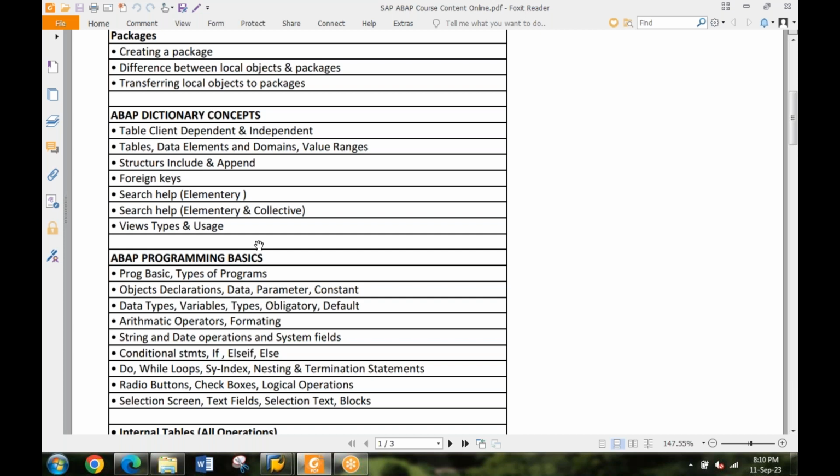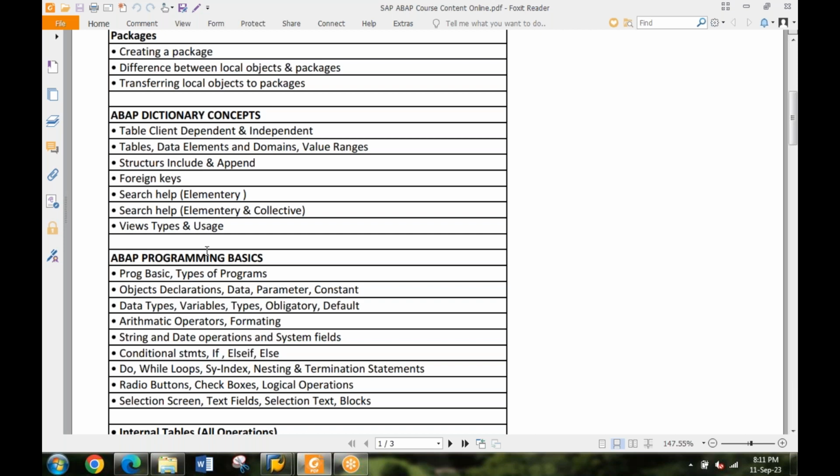Whether you have to create a table, define a data type, define a primary key, foreign key, club multiple tables, create a view, structures, search helps, right? The whole database will be done without writing any SQL query. It's totally drag and drop. In the backend, it will create an SQL query, right? So you don't need to worry.